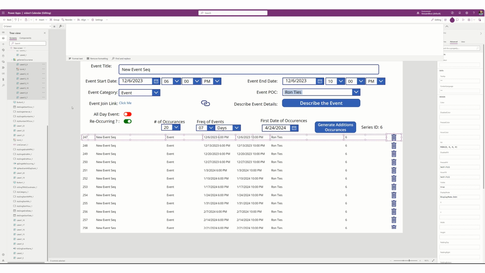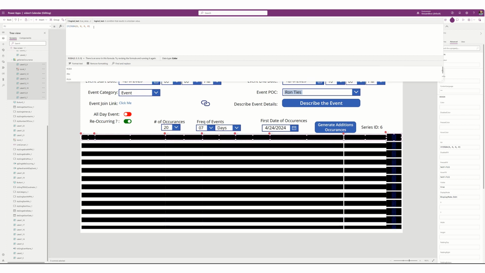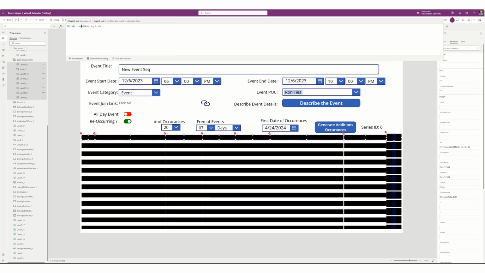Now what we're going to do is go to the fill. And in the fill, we're going to leave what's there already. So we're going to hit the home button on our keyboard, so it's in front of it. We're going to type if this item, oops, I don't want to put a period there,